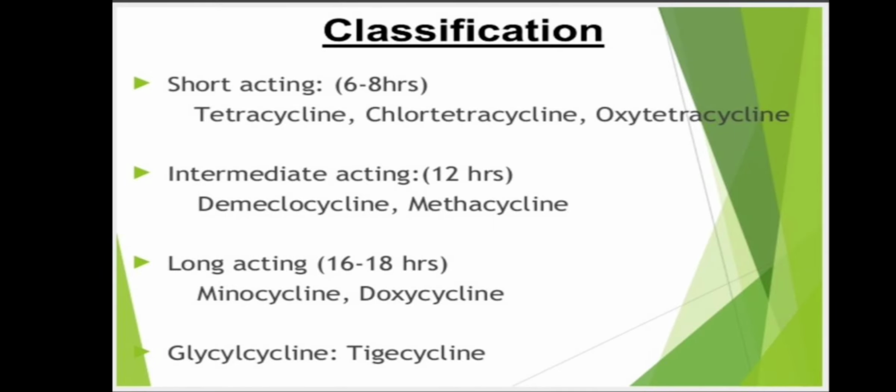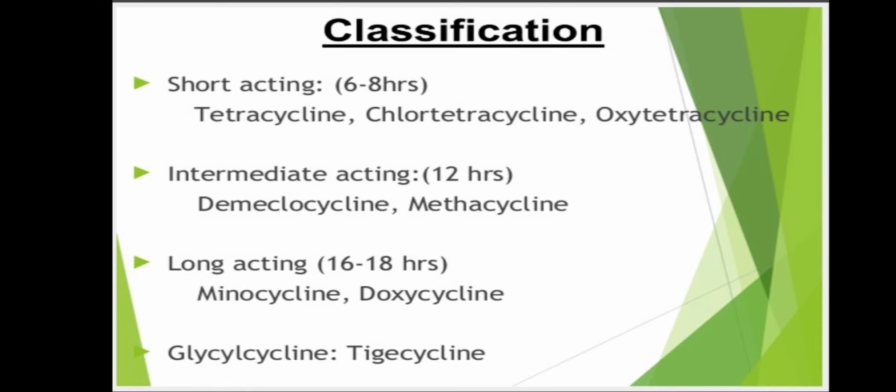So we'll see the classification. Before that, you have seen the video. It all explains the mechanism of tetracycline, that it acts on the 30S subunit of the ribosome and stops the tRNA from binding to the mRNA, thereby stopping protein synthesis. Stopping the protein synthesis will stop the growth and further development of the bacteria. It will not be able to make its protein, so it will stop the working of that particular bacteria. So I hope it's clear.